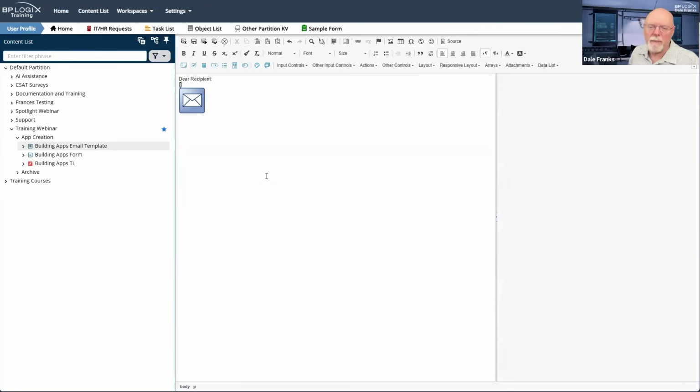So I've got, dear recipient, now what message do I want to send? Well, it is a task assignment email. There are a couple of things that I do want to ensure that it contains. I already know that it contains a greeting that will have the recipient name, so that's already taken care of. But I do need to let them know that they have a task assigned to them. I need to let them know what the instructions are that they have been given for completing that task. And I've got to be able to give them the link that they need to click in the email and open up the form in task context so they can complete their task.